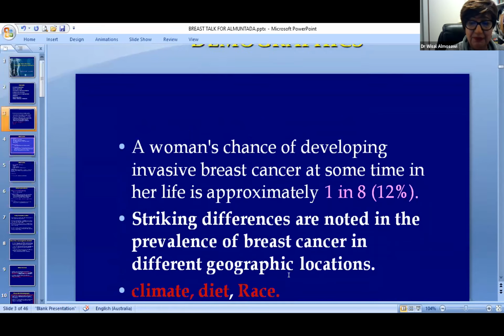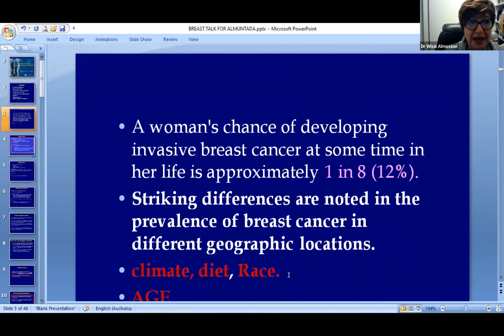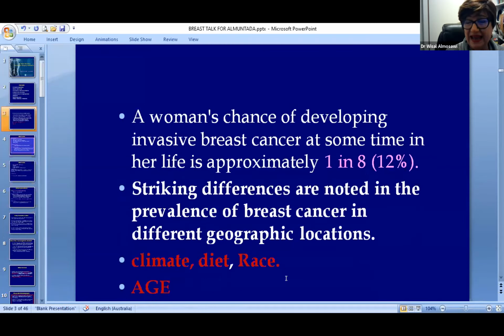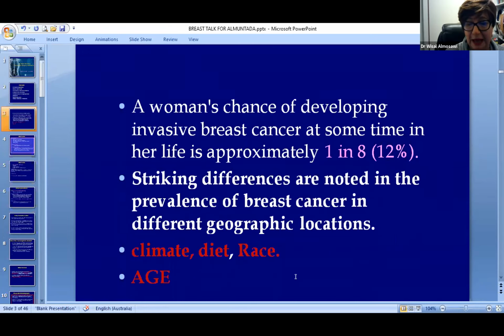Some demographics, probably you're all familiar with how common breast cancer is. It's the third most common cancer in women, which comes after lung cancer and non-melanoma skin cancer. One in 8 women throughout their life will be diagnosed with breast cancer at some stage. That's 4% actually of women will be diagnosed with breast cancer at some stage of their life. So it's really a very common cancer.